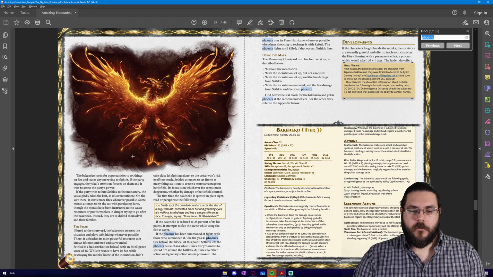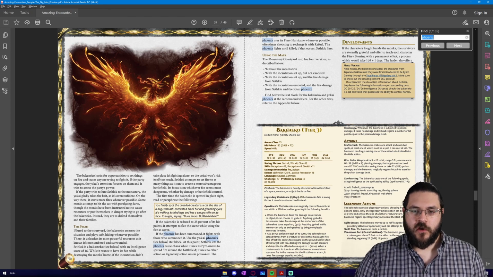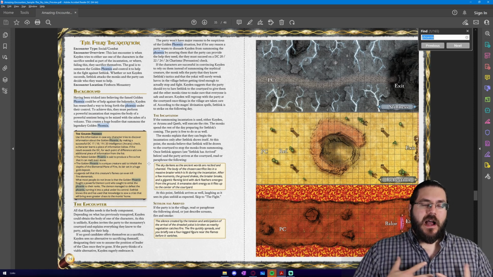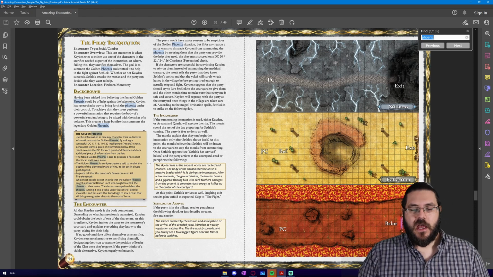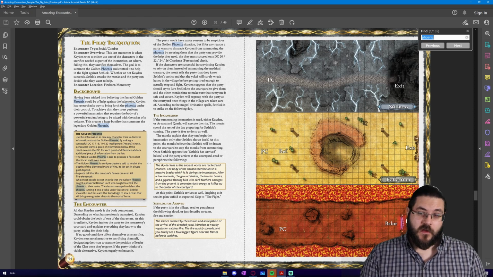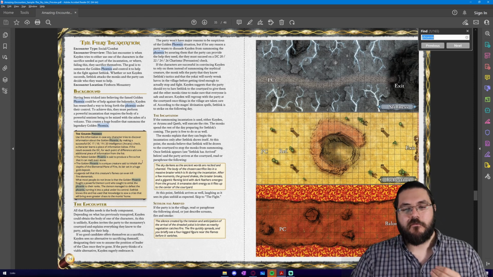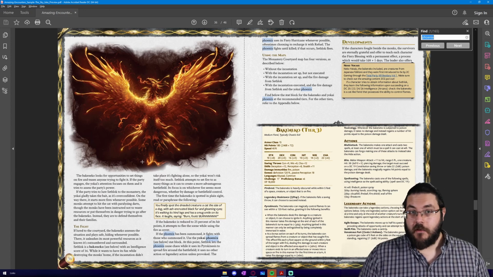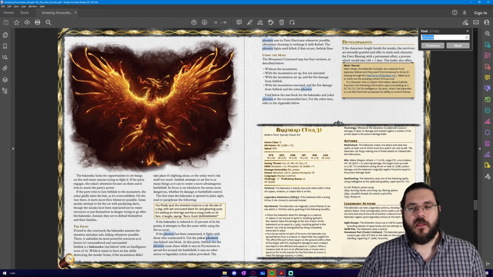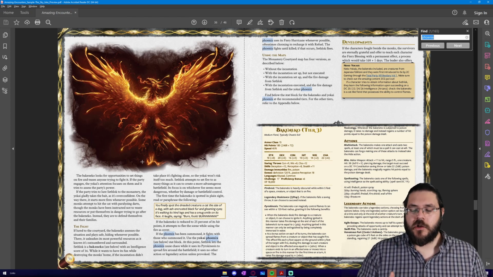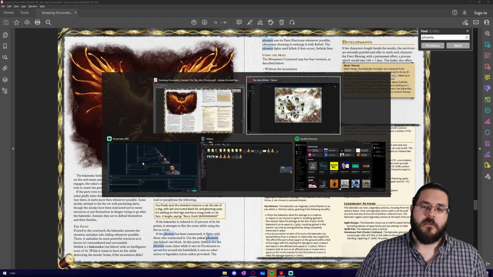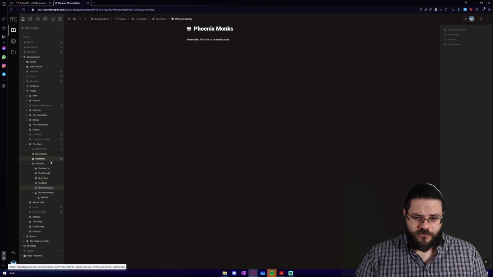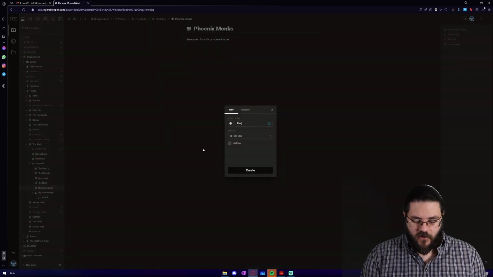Now this module presents that as a foregone conclusion, and that doesn't fit with my ideas of the themes of corruption here. If the Golden Phoenix is going to be a major part of this module and of this story, I don't want the players to feel like they have no impact on that. I don't want them to feel like, oh, we've done this thing that we thought was good, but because we had no other information it turned out to be a bad thing. So instead, what I want to do is, if we make a new page for the Golden Phoenix,